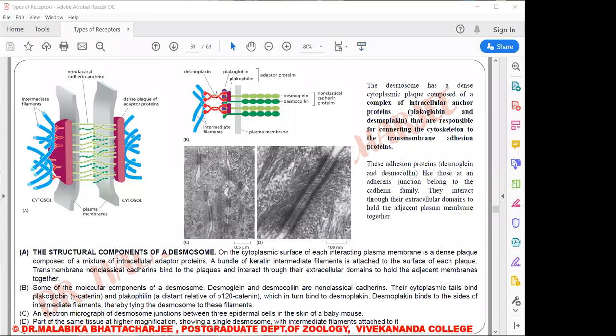Apart from that, there are 2 to 3 other proteins that should be mentioned. As you can see, these twisted red knots, this is desmoplakin. And then you can see this violet one sticking out, that is plakoglobin. And this other dumbbell shaped structure, that is plakophilin. So these are the various proteins involved with the formation of desmosome.